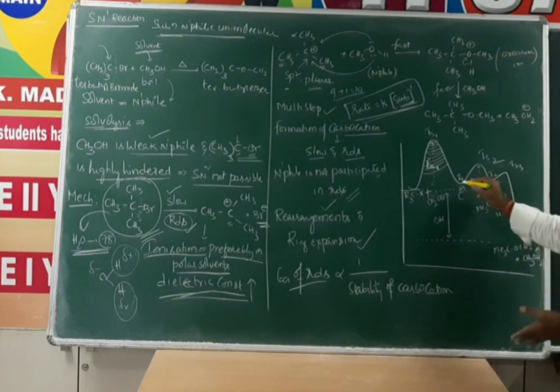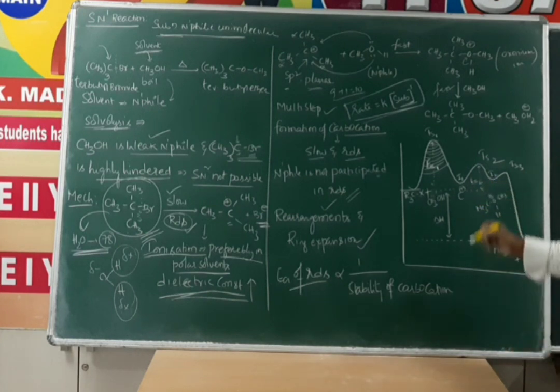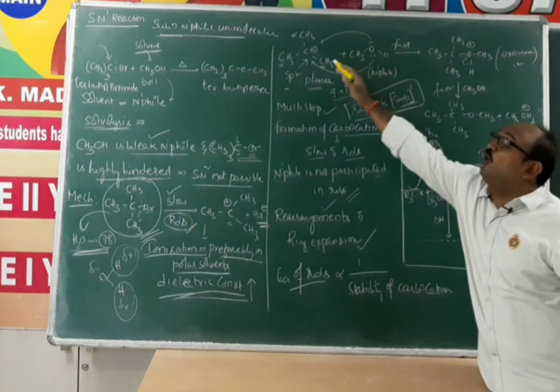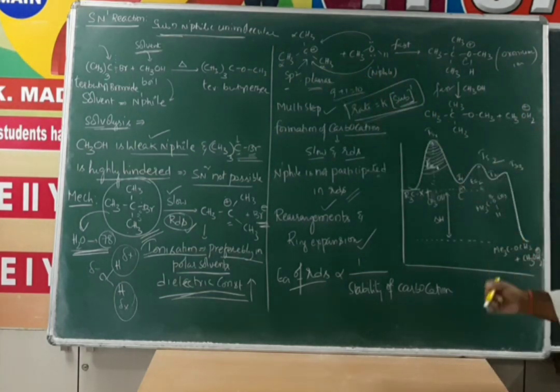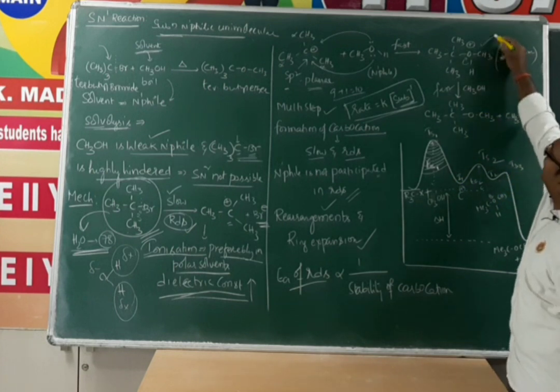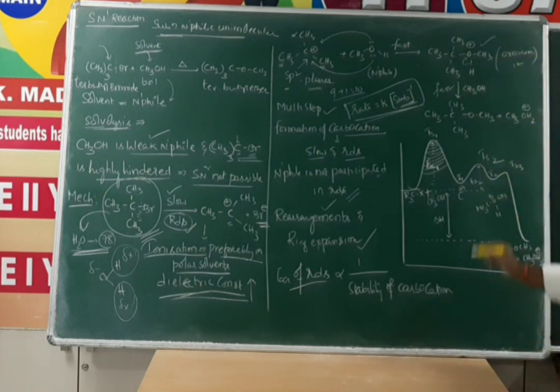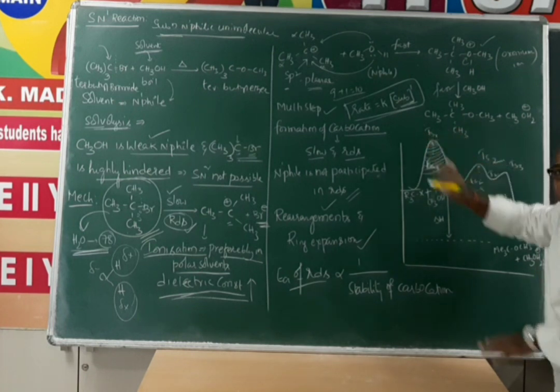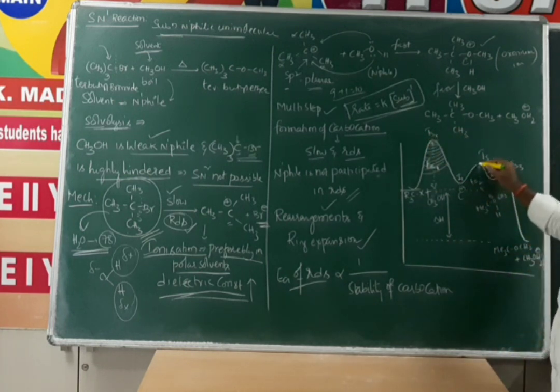Let's continue. After formation of this intermediate carbocation, what happened? The nucleophile approaches the carbocation. When a nucleophile approaches, there is one more intermediate, which we call the oxonium ion, that I mention as I2. Compared to the first one, the second one has more energy, that's why it is shown with a little bit more energy. But as I said, the energy difference between these two is what we call the activation energy: the first step activation energy, and this is the second step activation energy.